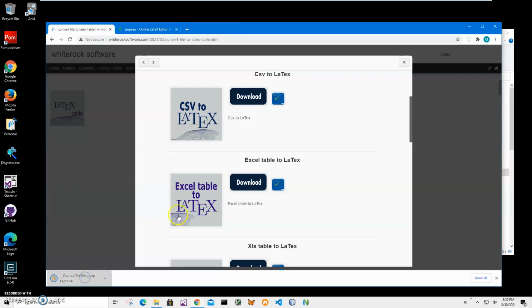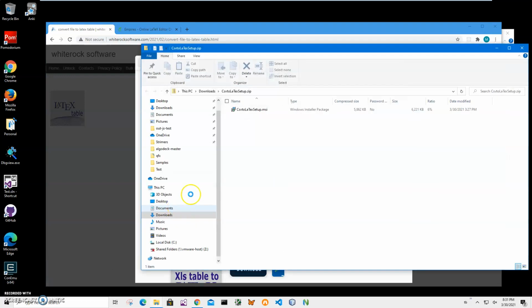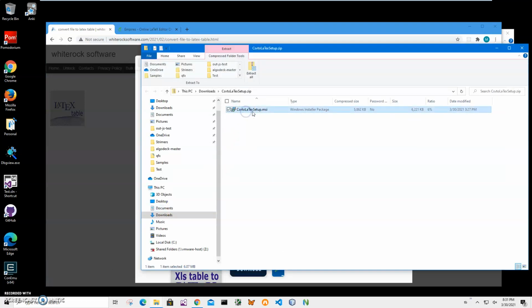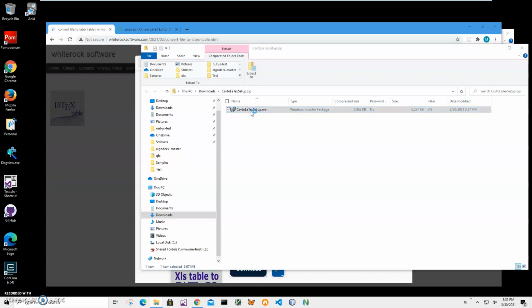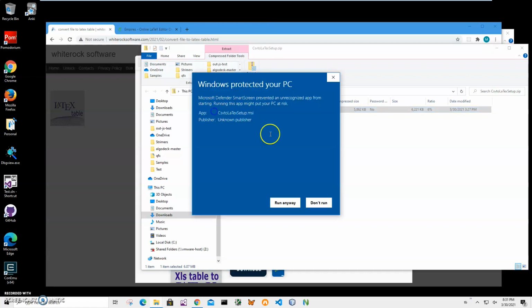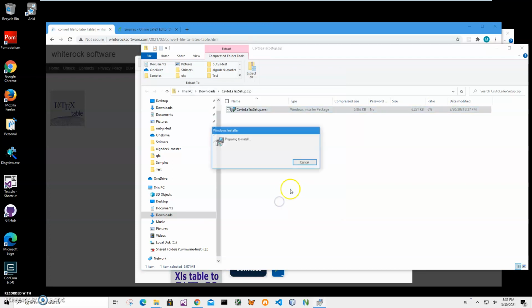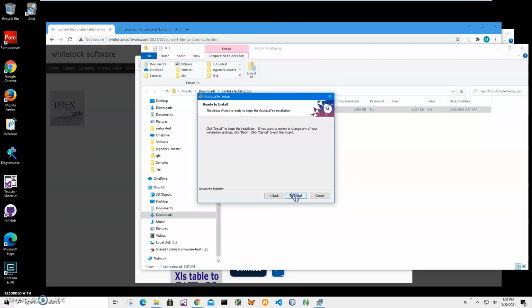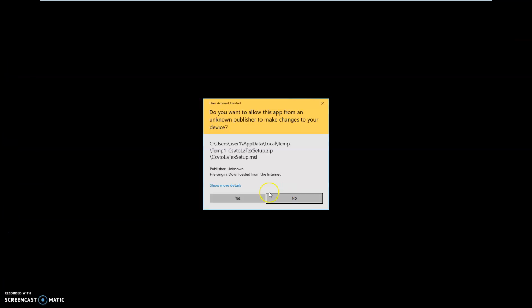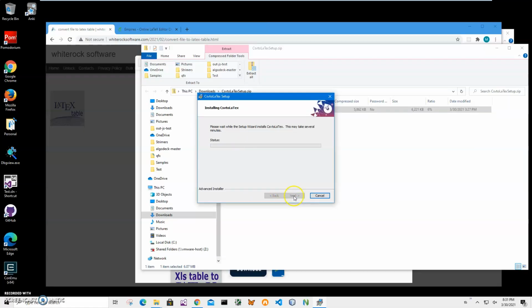Then I will click on the downloaded archive, click on the MSI inside the archive to start installation, and click on more info here. You can see I'm getting this screen from Windows because I'm not a registered publisher with Microsoft. You can see publisher unknown. I'll just click run anyway to start installation, click on next, install, click on yes and click on finish on